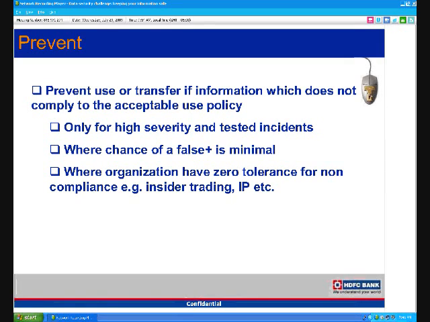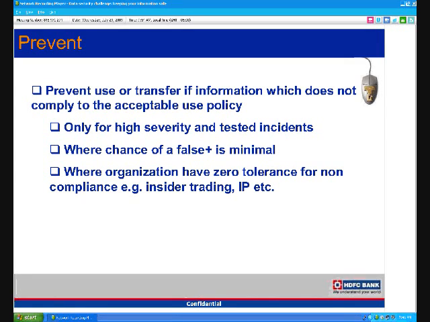So the next phase is the prevention, which is really writing the policies and looking at how I make sure that, if there is a zero tolerance issue in terms of confidential information being sent out, then I can do content filtering, whether I can do it based on email or on the endpoint. So I have the DLP solution working on each of these areas, and make sure that if there is a non-compliance to a policy, then I can stop that user